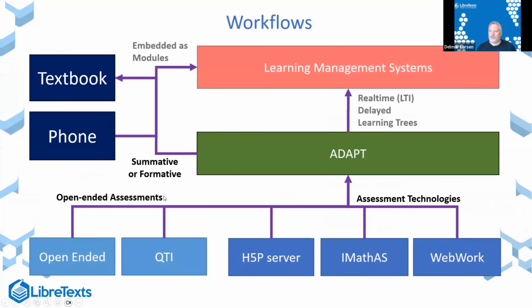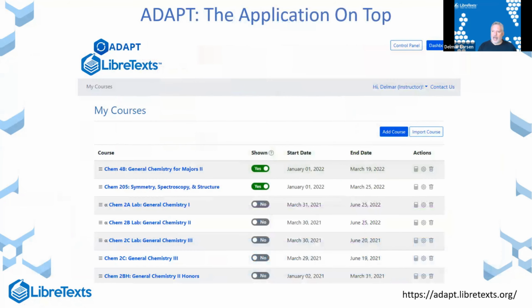So let me put this all together into one big picture here. We have a range of different technologies that are out there. They all fit under ADAPT. Those technologies may be individual technologies or specific types of questions within those technologies. You can embed ADAPT into your textbook. Students can access it via their phone. It can pass back the scores directly to your learning management system, with appropriate review of your campus protocols and hoops and things like that in order to put this together. So that's what ADAPT is. And we're very happy with what we're dealing with.